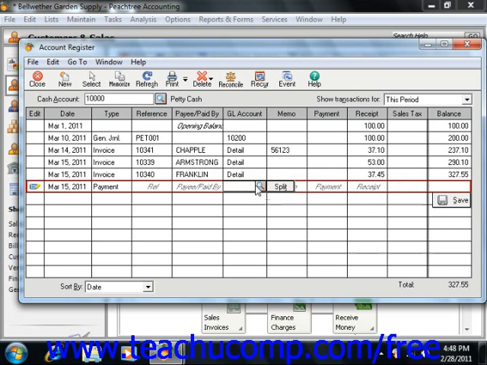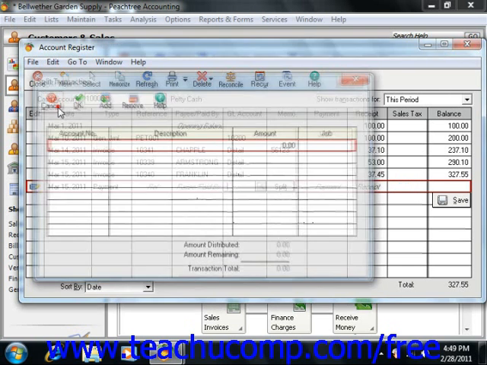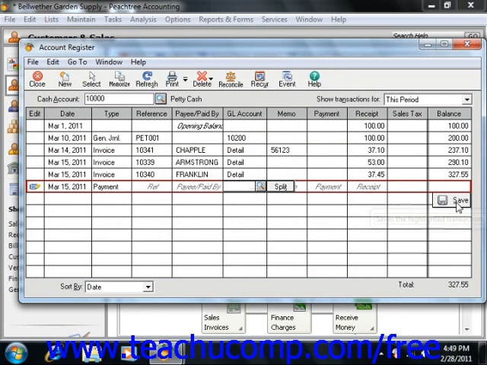Next, use the General Ledger Accounts drop-down to select to which General Ledger account you want to apply the amount. If you need to split the total amount between multiple General Ledger accounts, then you can click the Split button in the GL Accounts drop-down to open the Split Transaction window, where you can split the transaction amount until the total amount has been dispersed. You can then click OK when you're finished to return to the main register screen if needed. When you're finished, click the Save button that appears towards the end of the transaction row in order to save